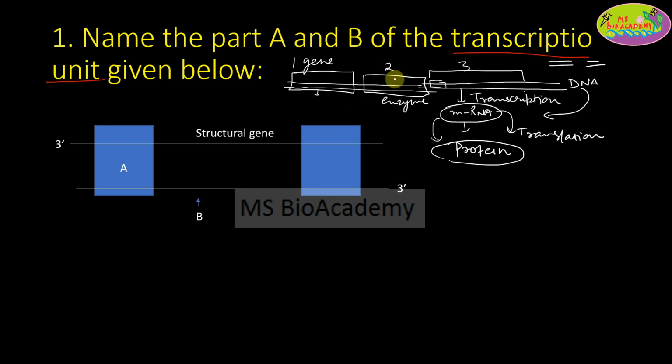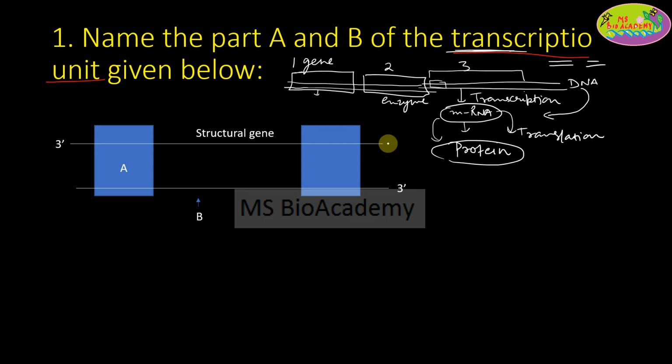So these all are called a transcription unit for that particular protein, or you can say for that particular mRNA specifically, because we are talking about the transcription unit. Transcription means it is synthesizing the mRNA. So the unit in the DNA which is going to synthesize the mRNA is the transcription unit, right? So the picture which is given to us is basically nothing but the DNA.